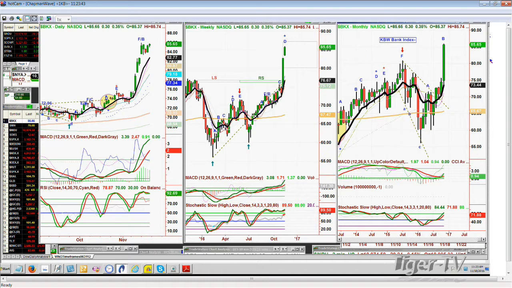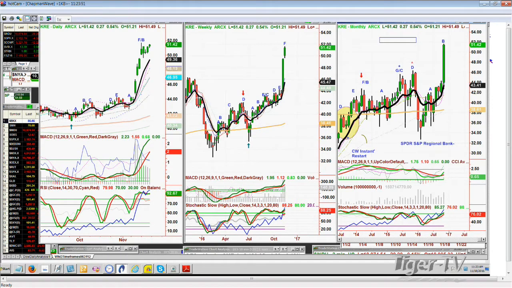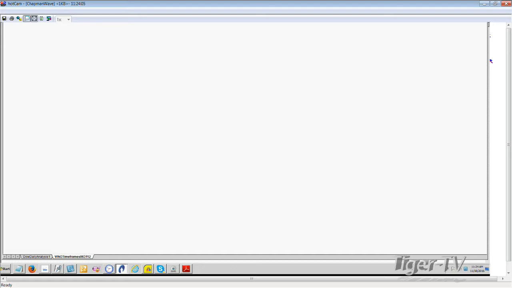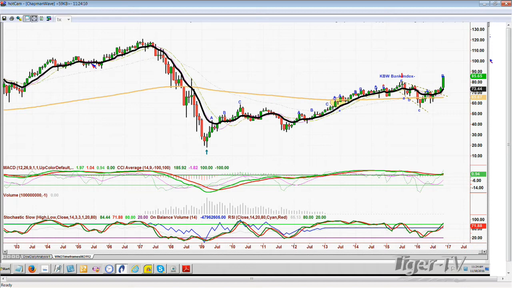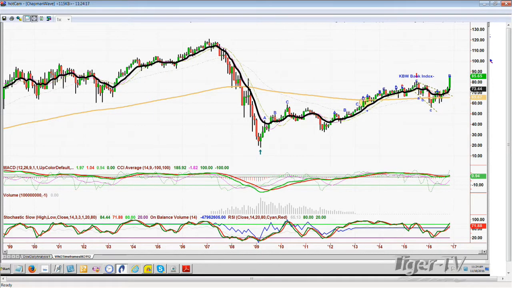So KBW, look at the KRE. Look at that monthly. You've never seen a monthly chart like this in the bank index. I can go back. No, it doesn't go back. It used to go back further. But well, let me go to the BKX index. BKX index, I think that also got bought out so that I've got it only going back a certain duration. It used to be totally notated. Yeah, look on the way up. I'm going to squeeze this, squeeze it again, squeeze it again. No, can't. Yes, I can.